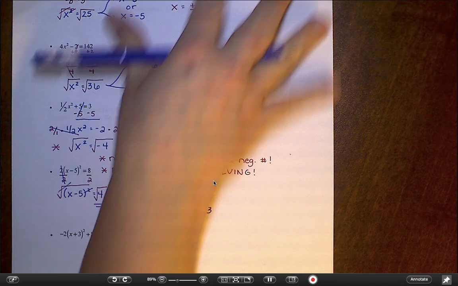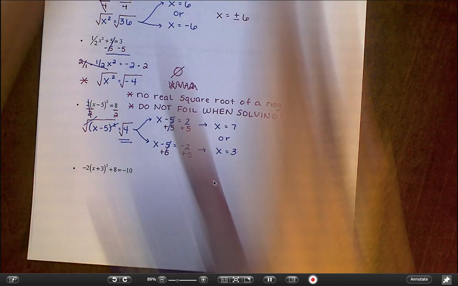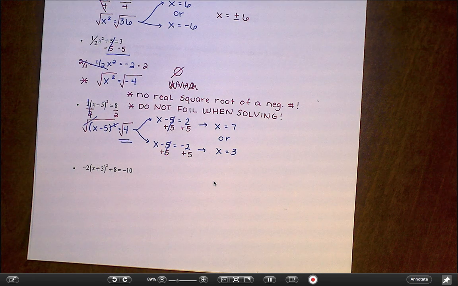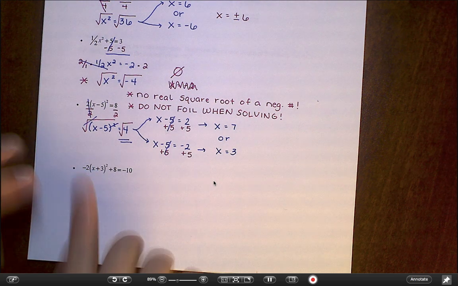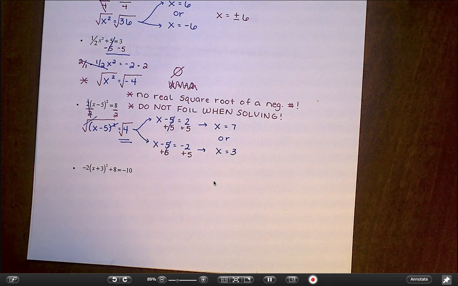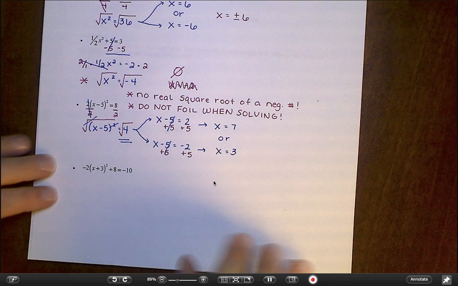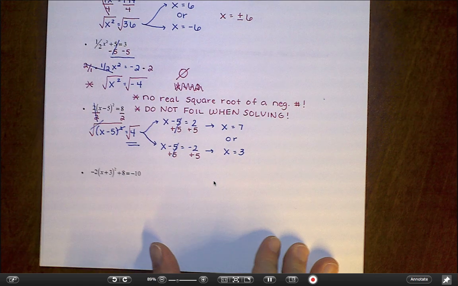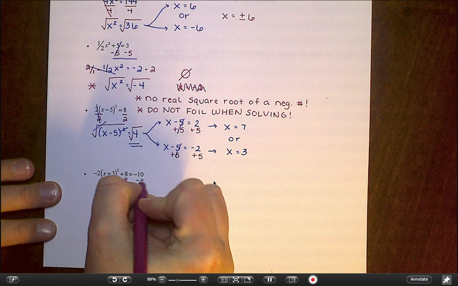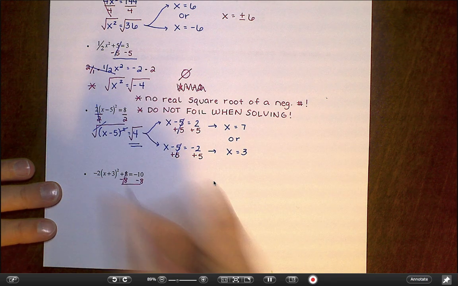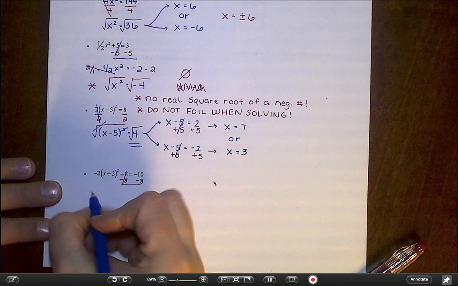Okay, so the next one has just about every step I could ask of you in it. It's got numbers outside of the parentheses, it's got numbers inside of the parentheses. Remember, start with everything outside of the parentheses, addition and subtraction first. So I'm going to get rid of that plus 8 first. That's my first goal. So I'm going to subtract 8, and I'm going to subtract 8. So now I have negative 2